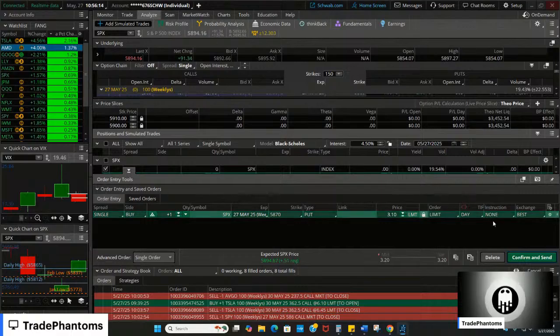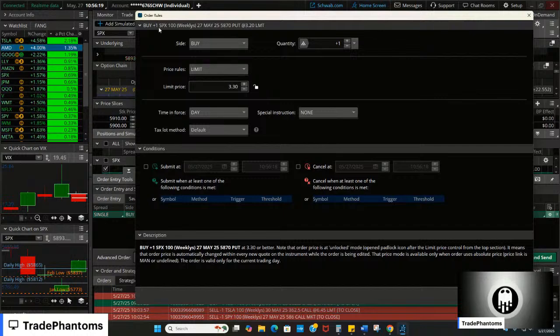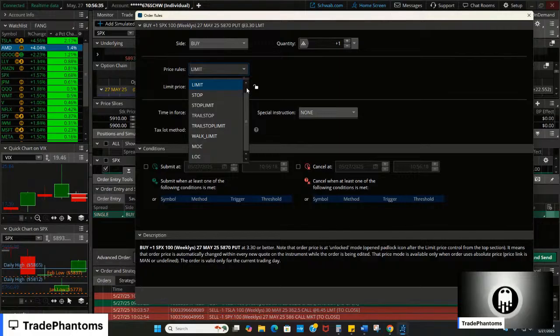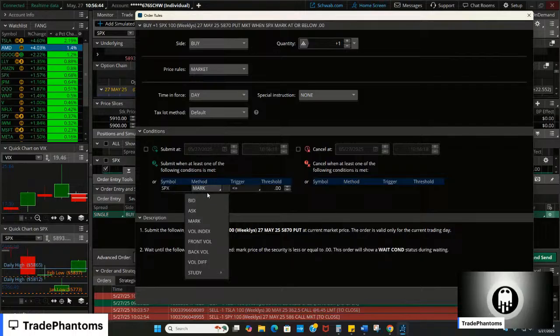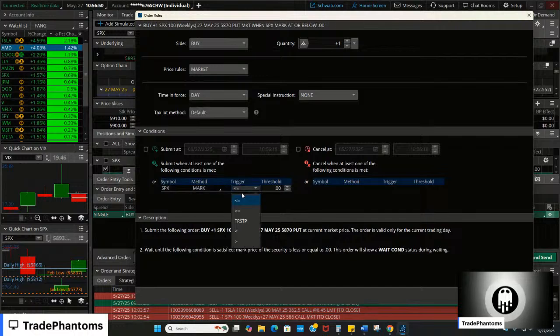And on the settings over here, I can pop this open and say, okay, I bought this SPX, May 27th, zero DTE, 5870 strike put, not at a $330 limit, right? I can buy it. I have no problem buying it at market. SPX has a little bit of slippage, but it's pretty decently tight. It's okay. And then the conditions here: if SPX market price is equal to or above,